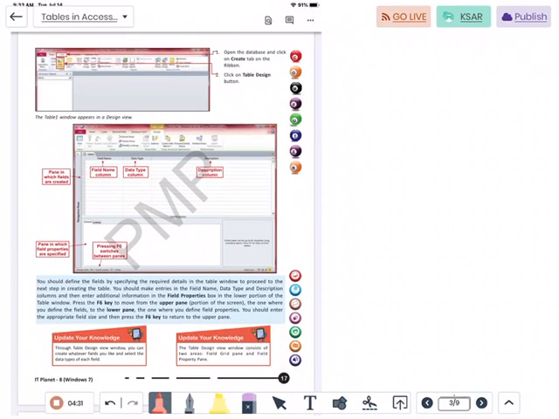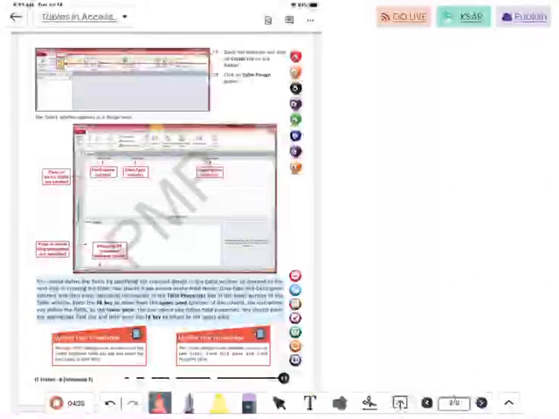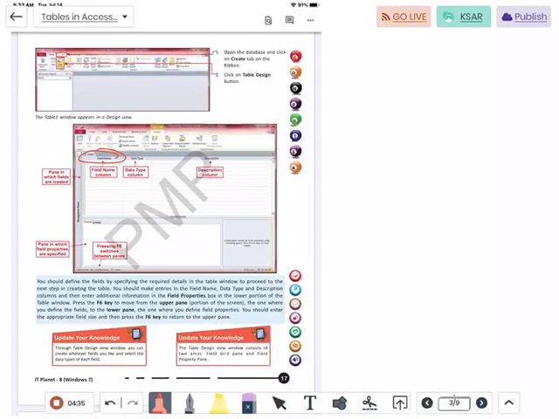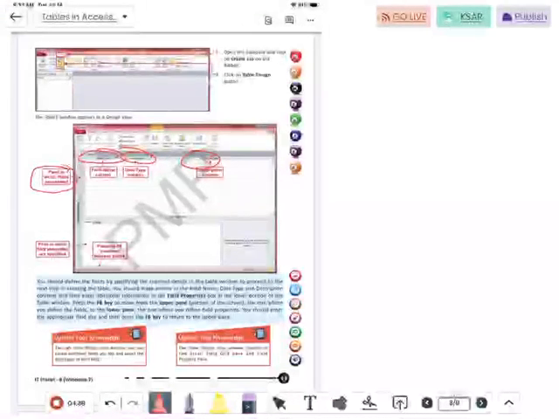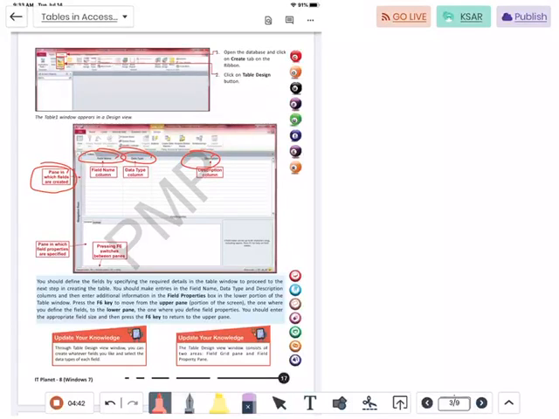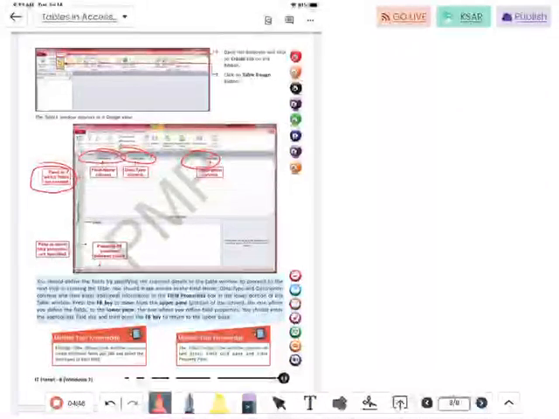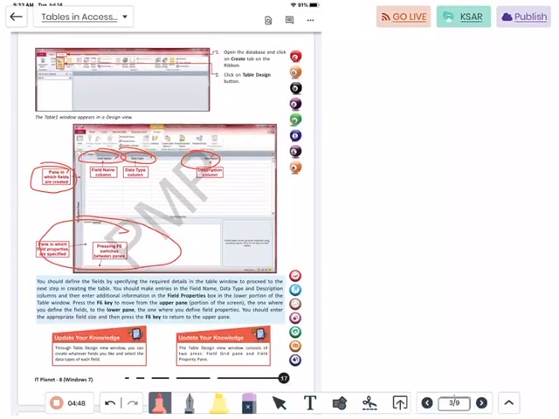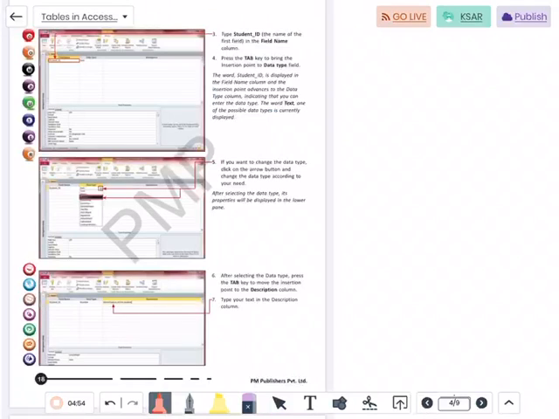Now description field gives detailed description of all the fields. Now the moment the Access screen opens, there are different sections. First you will see the field name, then the data type, then the description. Now the pane is where all the fields will be shown, fields data or the records, and all the properties of the fields will be given here. So this is also known as the properties window.